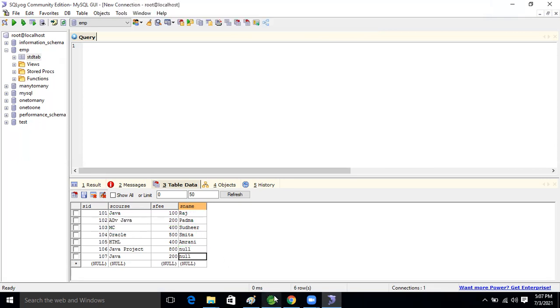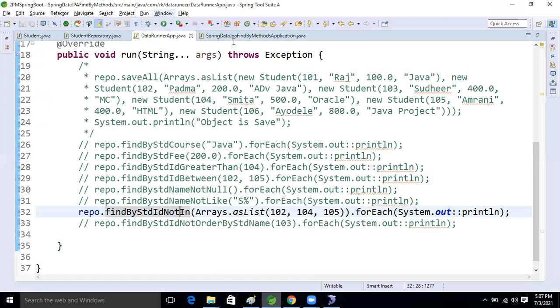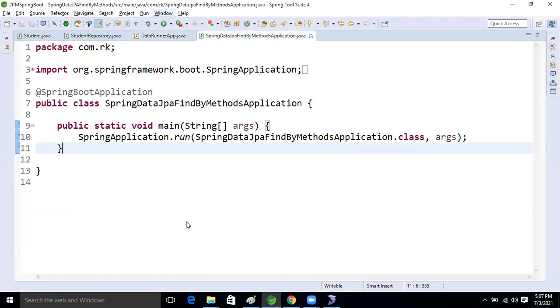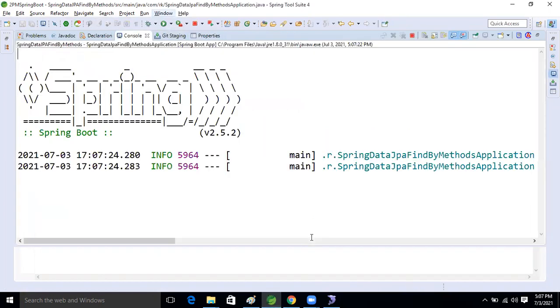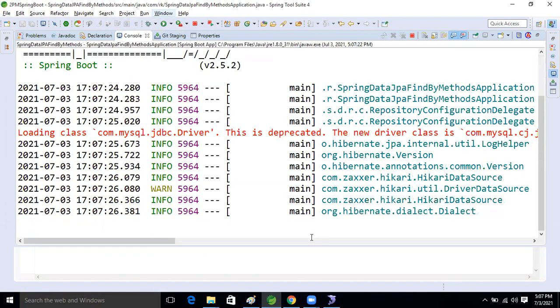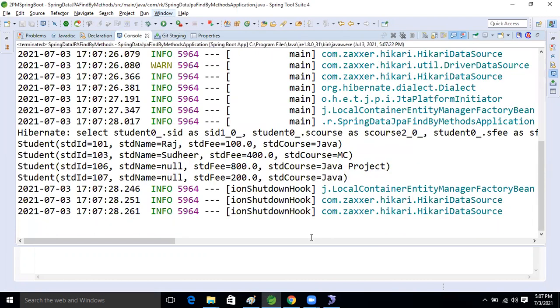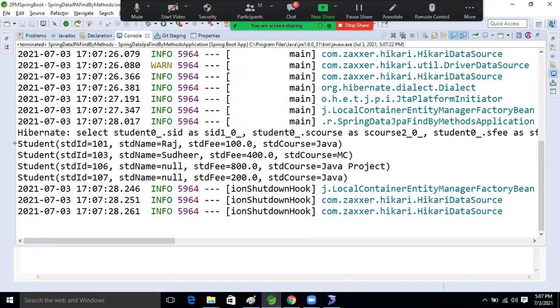Now, guys, let's perform the not in operation. Now let's run the application and we will see that. Oh, sorry, not null also. Null record also we are getting. It's my mistake, guys. See this.